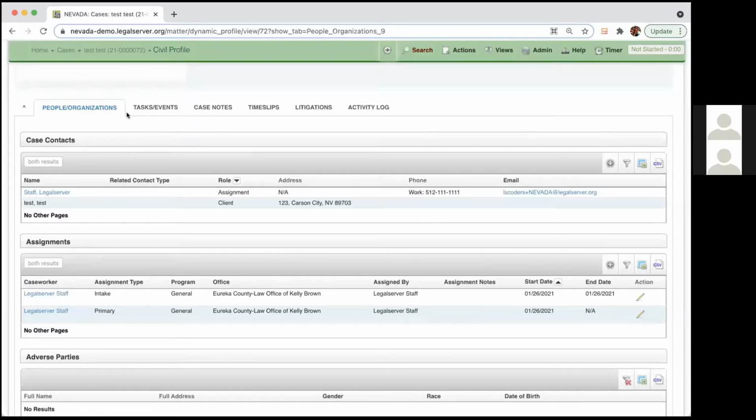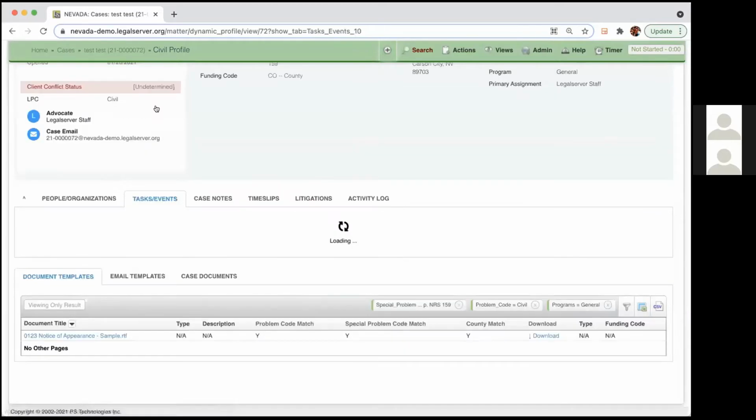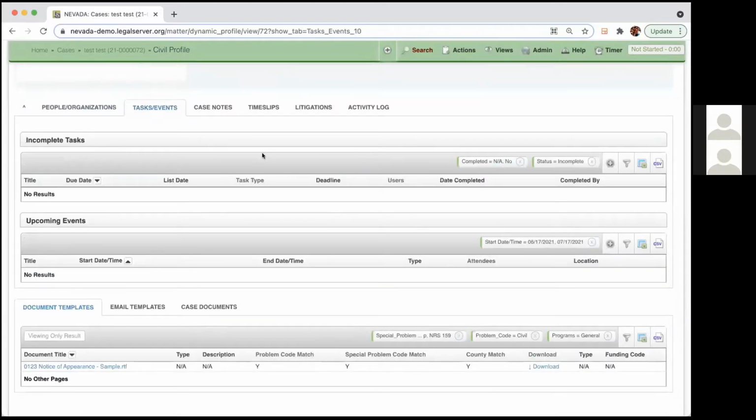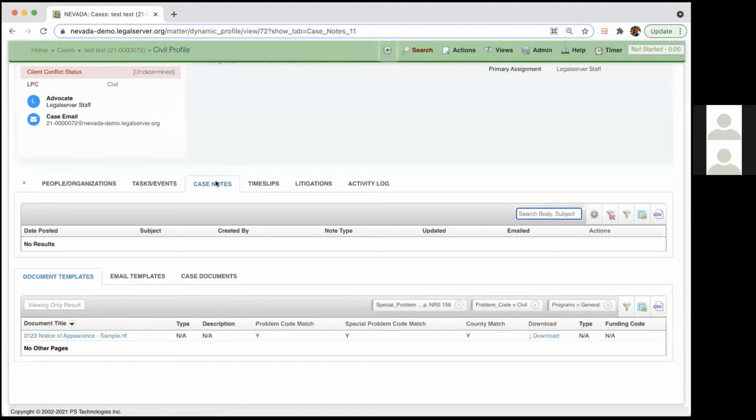I can only actively view one tab at a time per row. But of course, clicking into each of these would show me that relevant information. The other big thing just to point out before we start actually doing a little bit of case management, adding